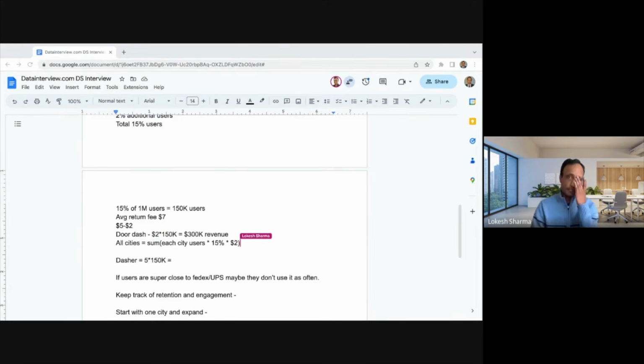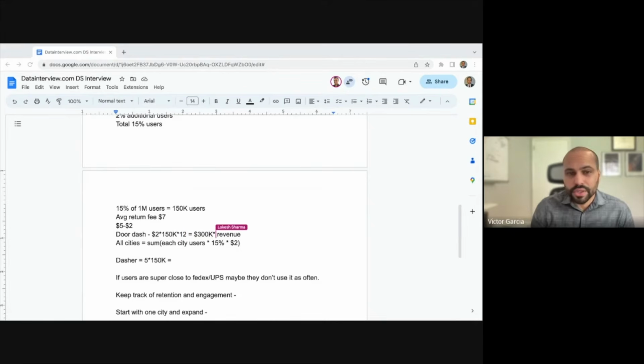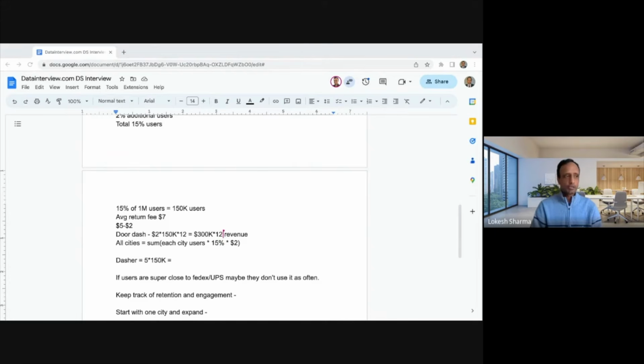delivery. Now, I think one more thing here is, this is $2 each, but if we are assuming that it's 1 per month, then we multiply it by 12 to get the full year revenue. Right? So what's the assumption there? So assuming each user is doing 1 pickup per month, they will do 12 pickups over the year.